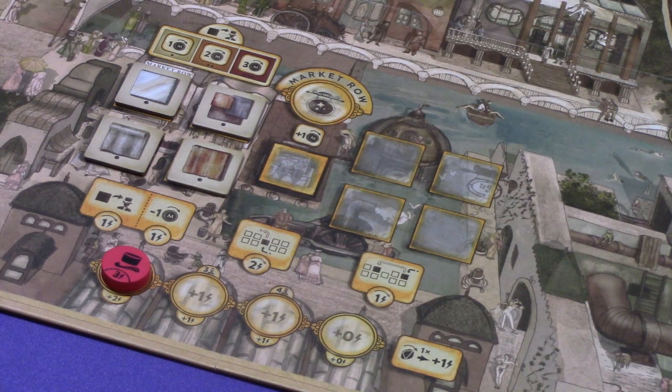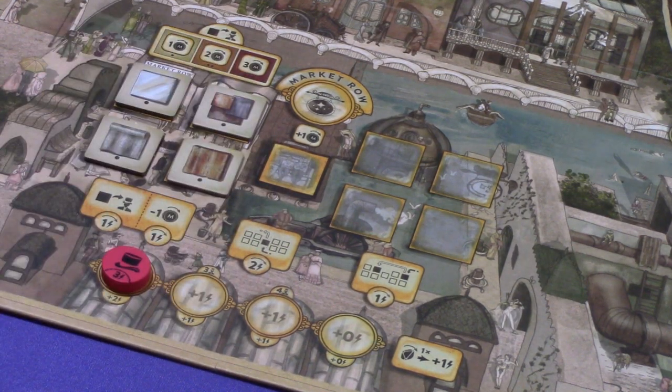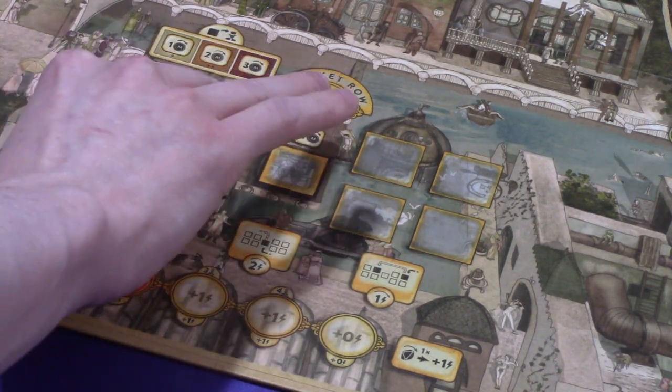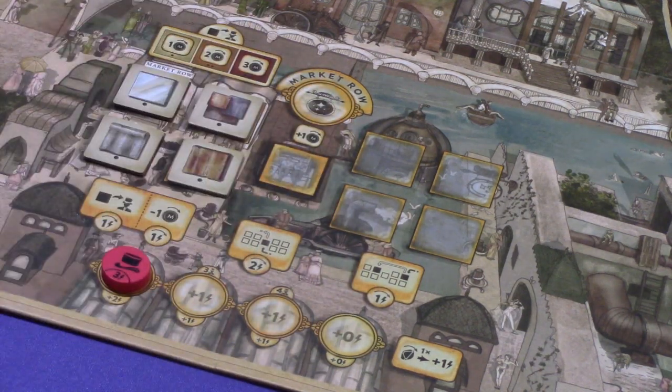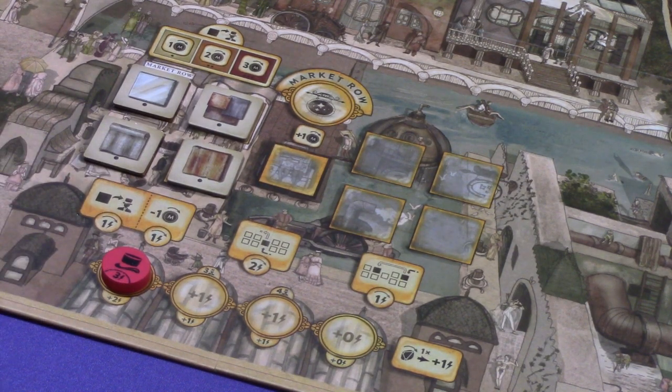is whenever you buy components, you buy them and you take them from the supply. You do not take them from here. So if I were buying 3 goods, I wouldn't take these 3 and then just leave that empty and you have to order new ones. No, these are always going to be here to show what's available. And then if I bought 3 glass, I would take 3 from the general supply and then place them onto